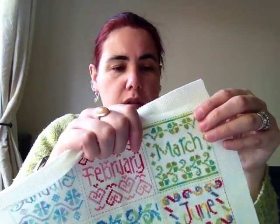Dreaming Dragons. So I'm trying to kind of match to the month a little bit, unless it's just one I really like and I've just gone with it, like in June, because it's just pretty. January I kind of went a bit snowflakey, kind of pale colours. So some of them have quite clear month